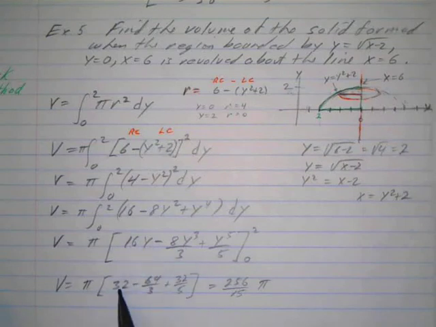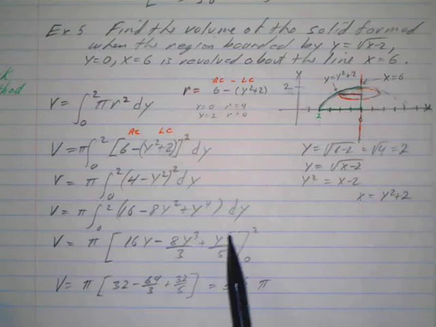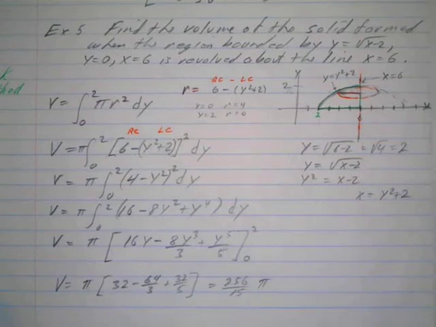16 times 2 is 32. 2 cubed is 8, 8 times 8 is 64 thirds. And then 2 to the 5th is 32 fifths. If you simplify this out, I didn't work out all the simplification, but if you put everything over 15, you end up with 256 over 15 pi. So you can simplify